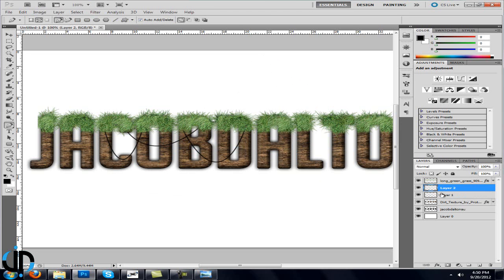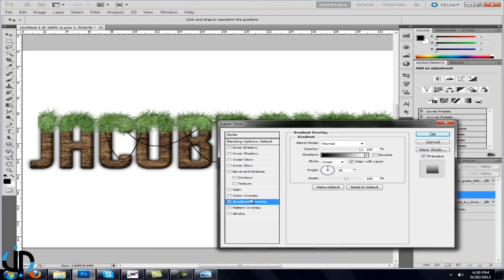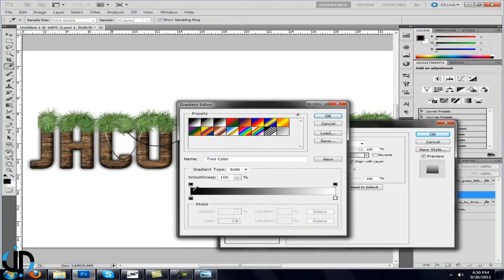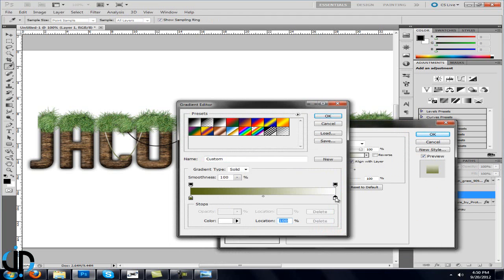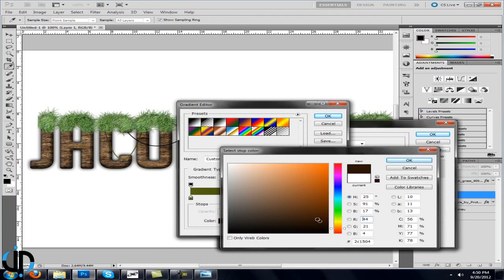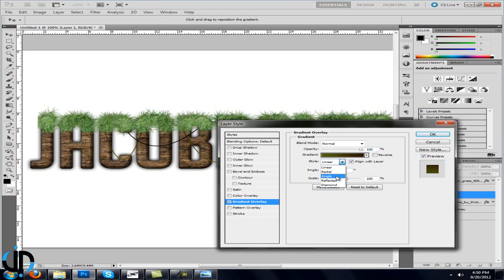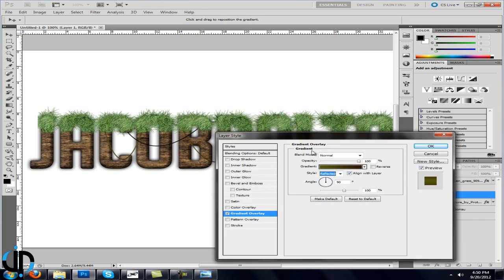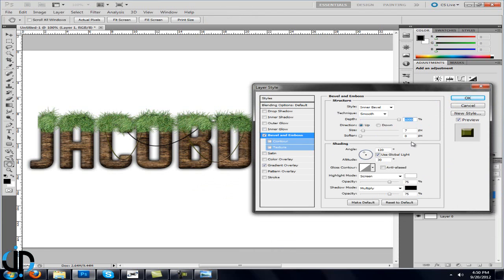Now what you want to do is go to your first layer of vines and go to gradient overlay and make this a poo green to a brown. Okay, and you want to make that reflected. And you want to go bevel and emboss, depth 100, size